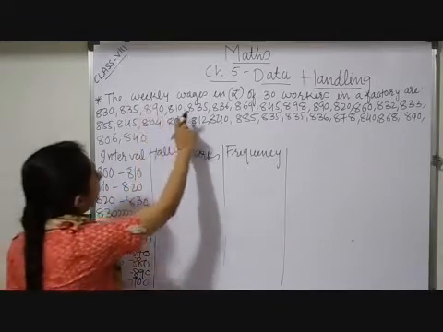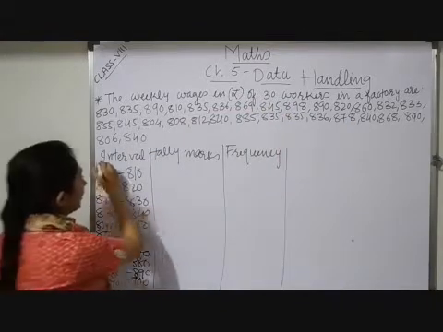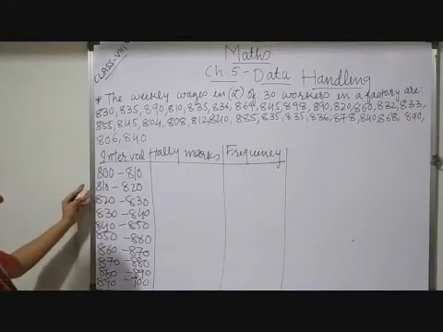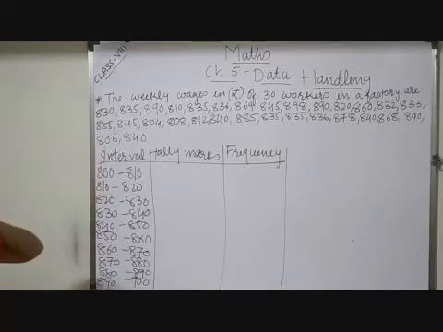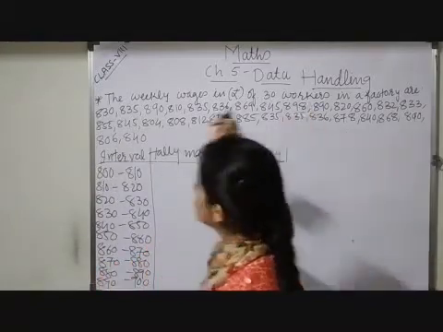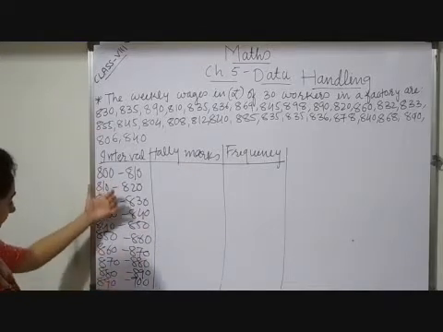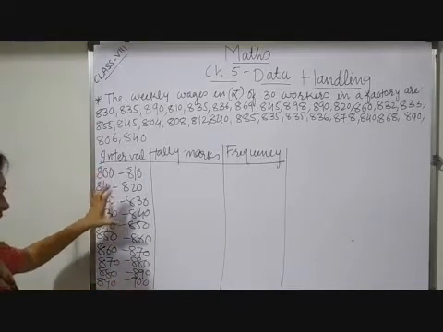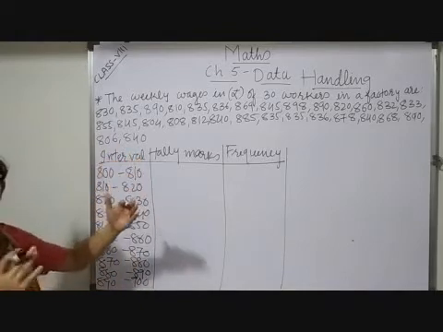Now see, the weekly wages in rupees of 30 workers are given. Here, I have chosen these wages in terms of intervals. You can observe that instead of starting from the lowest observation, that is 806, and the highest observation, which I guess is 898, and writing this many numbers in a tabular manner, after taking these observations in terms of groups you can easily occupy all this data on a single piece of paper. Otherwise, this data will fill your 2-3 pages.